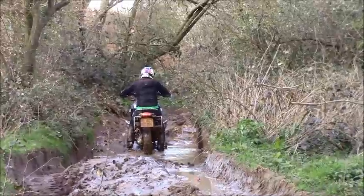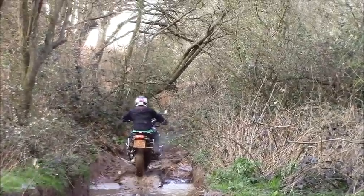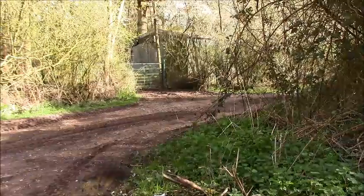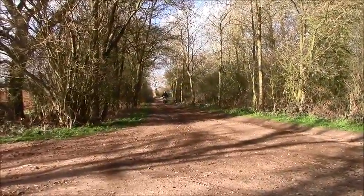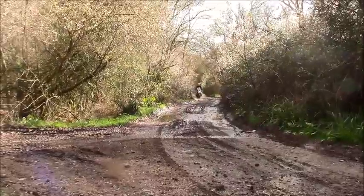And they do crash pretty well. I think that's the important thing about them. If you put some decent crash protection on, these are Alt Rider, the American company that make decent crash bars for them, put that on and I can drop this on this terrain, which I have many times. I don't see any sort of kickback from that. So all in all, it's a good bike, and